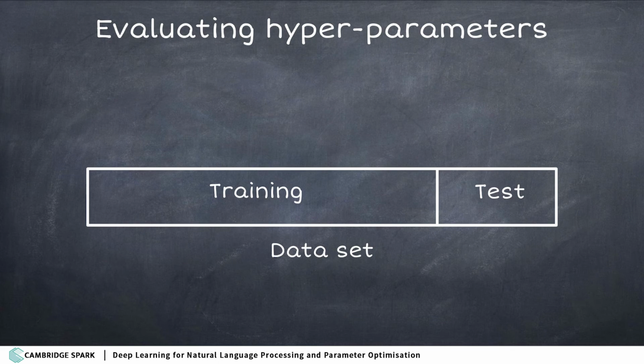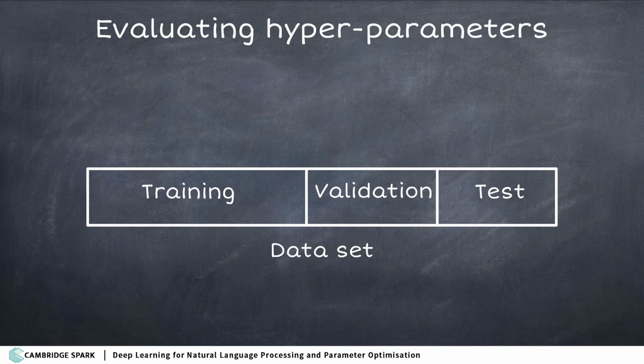If you were to just use your test set to use this prediction score, you'd end up overfitting the test set. So you'd end up finding some results which are good for the test set, but may not be good in general. So the way people usually tackle this is we're going to have a training set, and then we're going to have a validation set. And we're going to use the items in the validation set to say how good the parameters that we have are. And then we can try many hyperparameters like this.